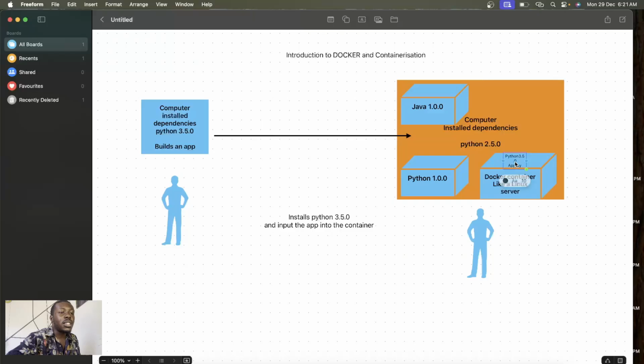So you see, this is Python version 3.5, this is Python version 1.0, and he on his own personal computer is Python version 2.5.0. So now there is no issue, there is no dependency issue. All I need is just give me your Docker image, and then I can run the Docker container on my own computer. So this is an amazing revolution that has come into the tech